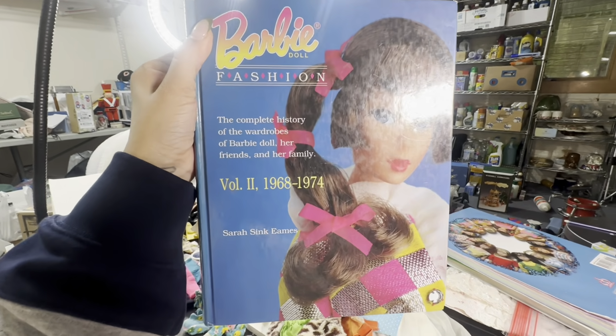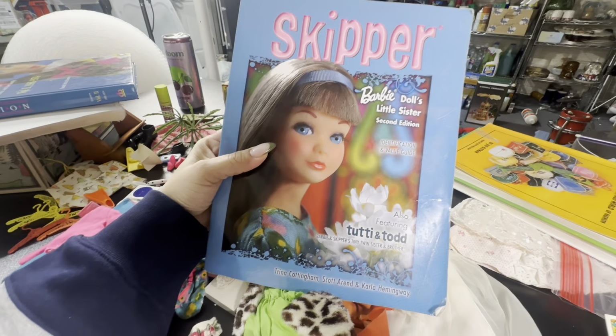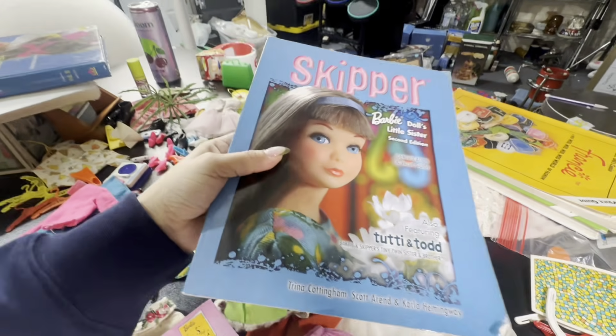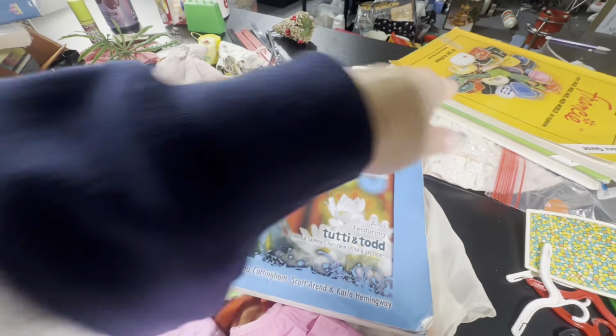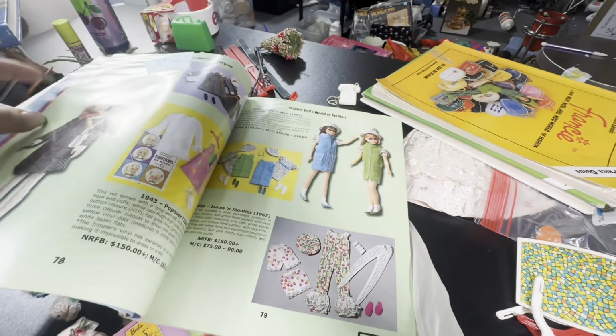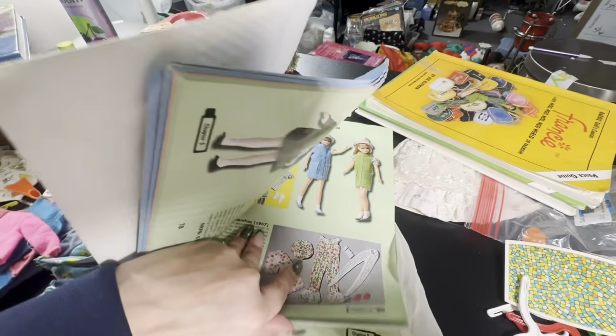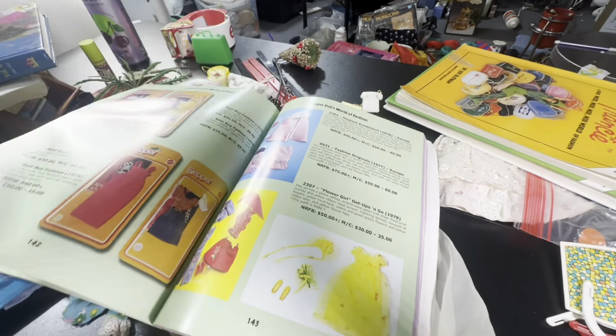The other Sarah Sink Eames book, this one is really cool. This is Mod Era. This Skipper book is absolutely amazing. This is just Skipper stuff and Tootie and Todd. And I had mentioned that Tootie was Barbie's little sister. So that's Skipper stuff. I think if we go...